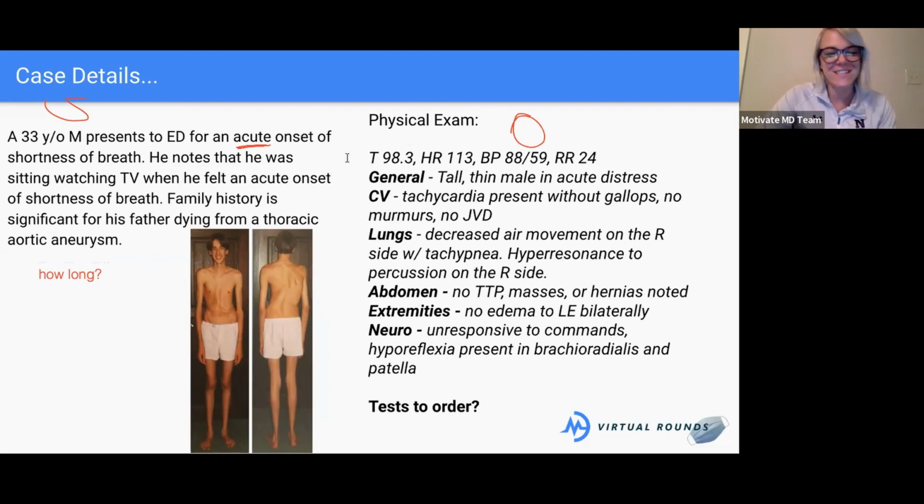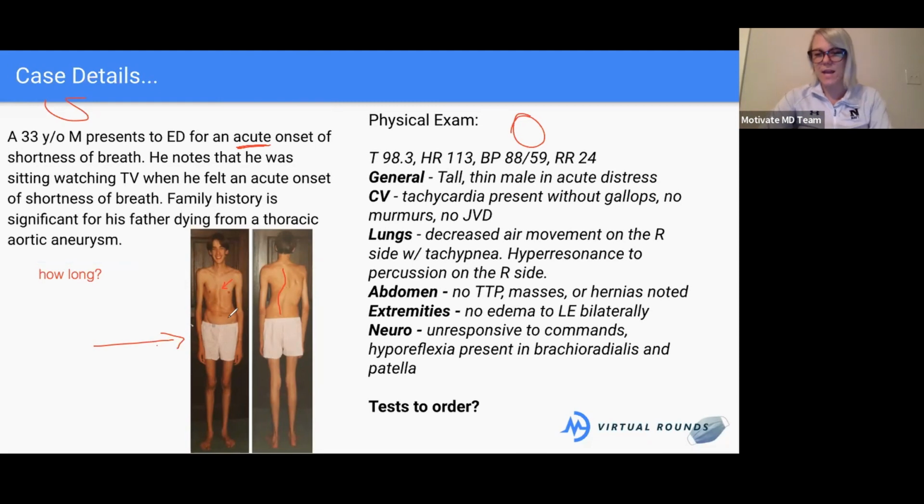So here, you guys are probably looking at it right now, here's the picture of our patient. He has a little bit of scoliosis and maybe some issue with the chest wall here, pectus something. I'm blanking on the word right now. But he looks like he does have a little bit of a scoliosis there. Recent weight loss? No, he's always been a skinny person.